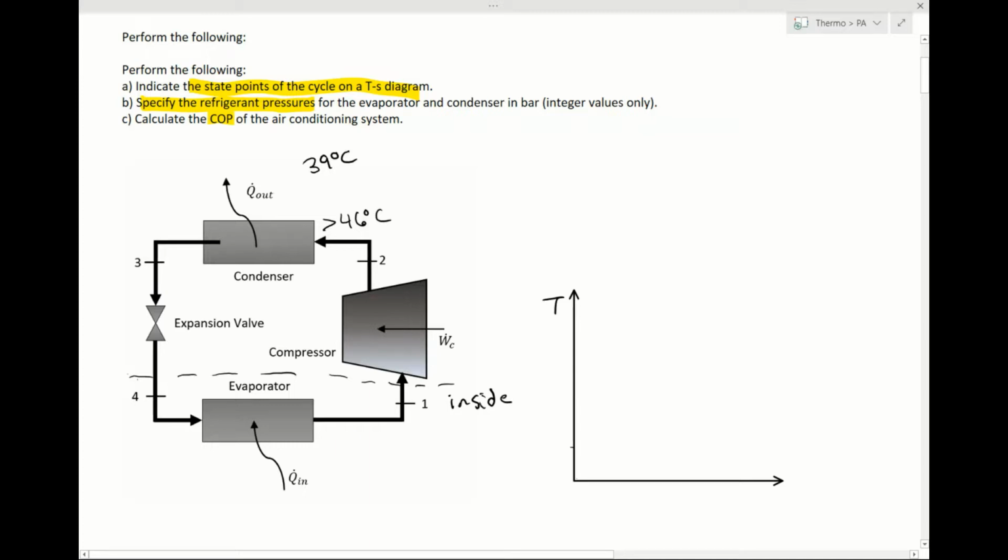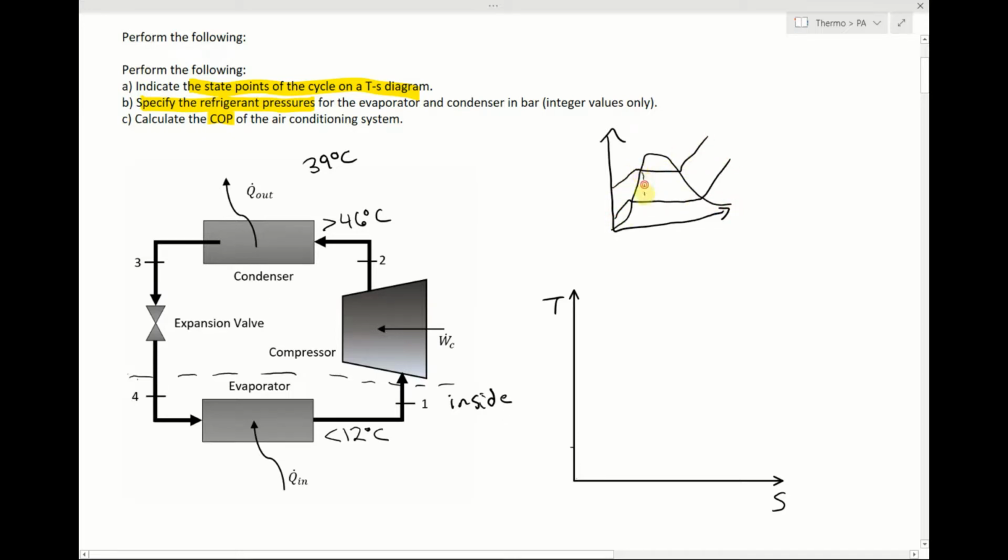We're told that on the inside, to create effective humidity control, we want to run this no warmer than 12 degrees Celsius. So this has to be less than 12 degrees Celsius. In order to design our most efficient system, we're going to want to make it as similar to a Carnot system, with maximum efficiency, as possible. So I'm just going to draw a small Carnot system here